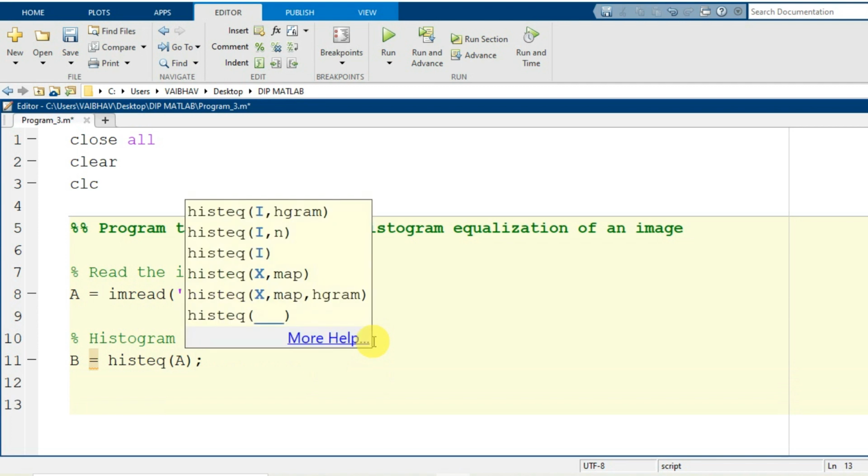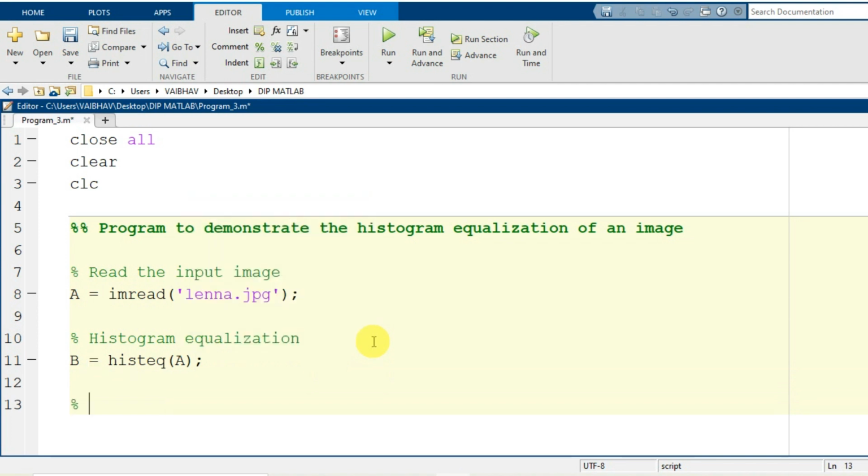Now after this, we will go for the display of the input and the output images along with the corresponding histograms. So I just mention display of input and output. Here I will make use of subplot.